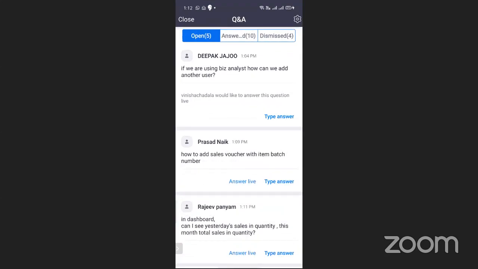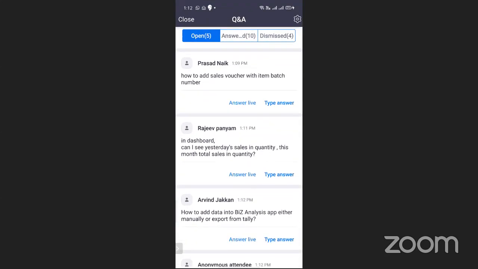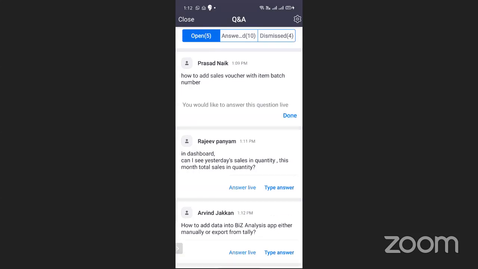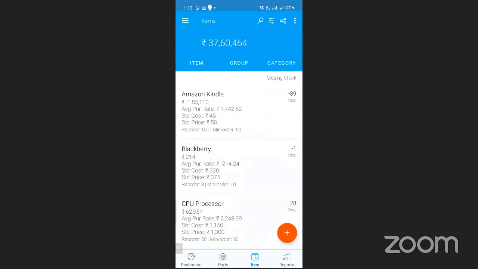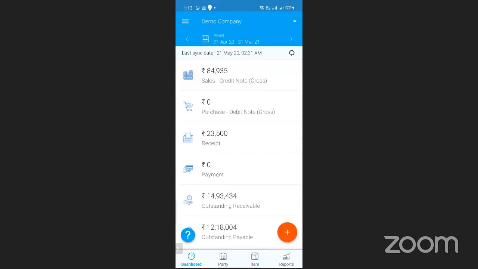So let's go to another question. It's from Prasad Naik sir. How to add a sales voucher with item batch number? Okay, Prasad sir, we will take one live example. Right now I am on the dashboard.